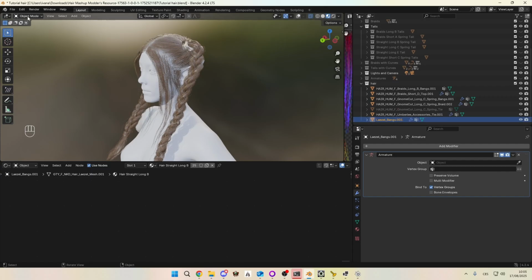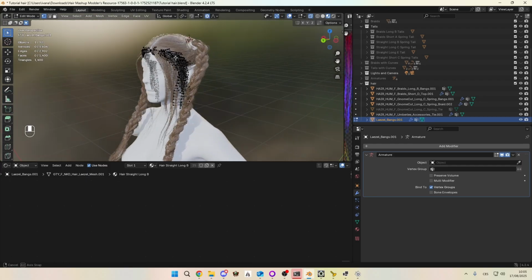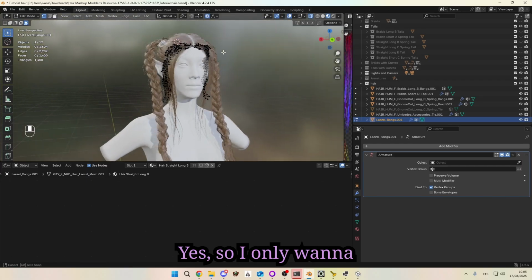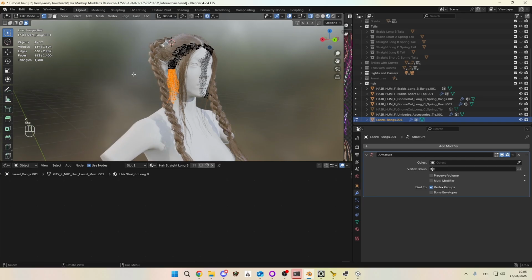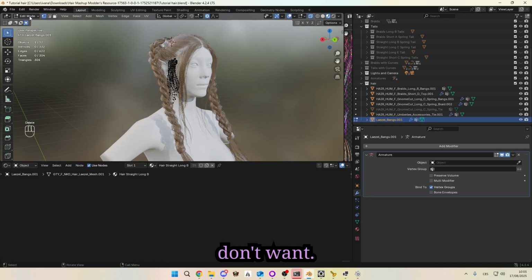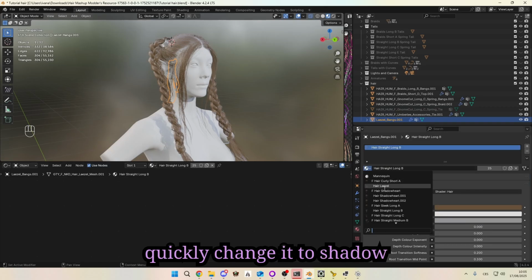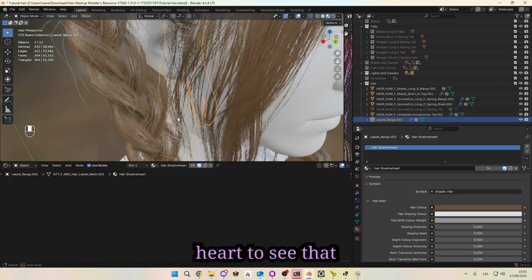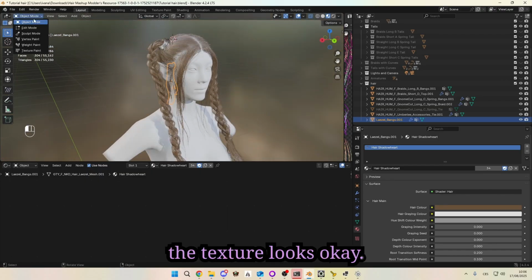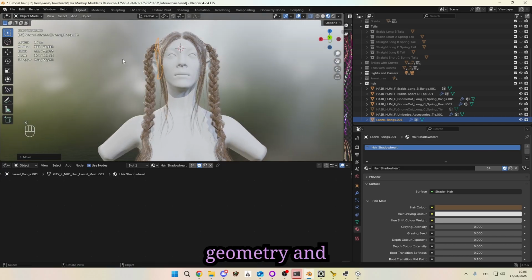hide it, and now, yeah, so I only wanna use these parts, so Control plus click. Then I invert selection, delete what I don't want. Then I quickly change it to shadow hard to see that the texture looks okay. Object, set origin to geometry, and